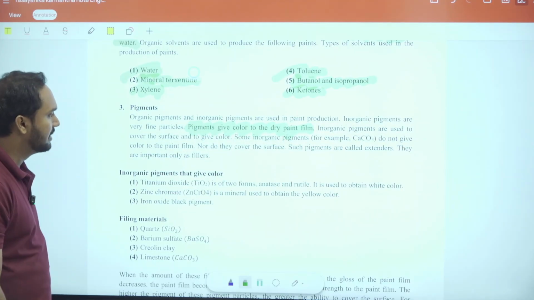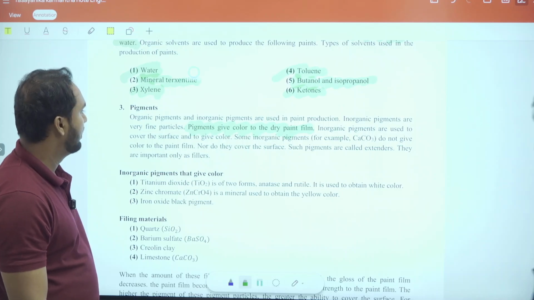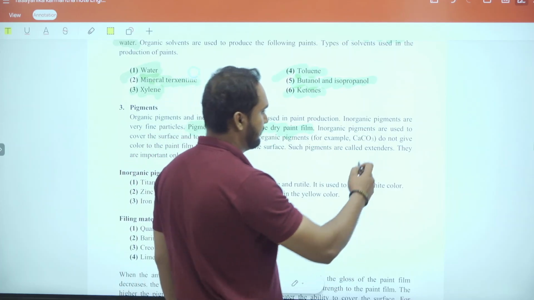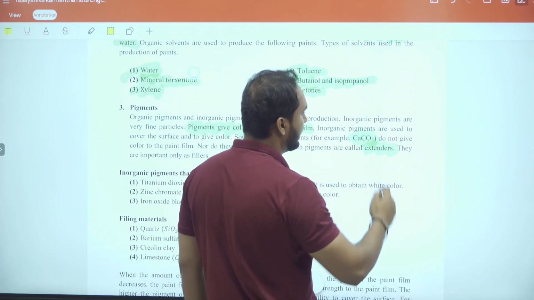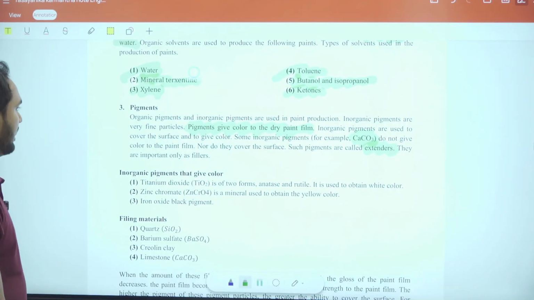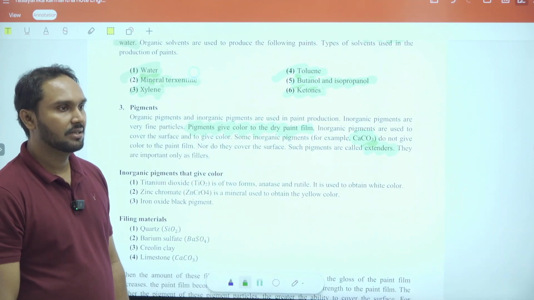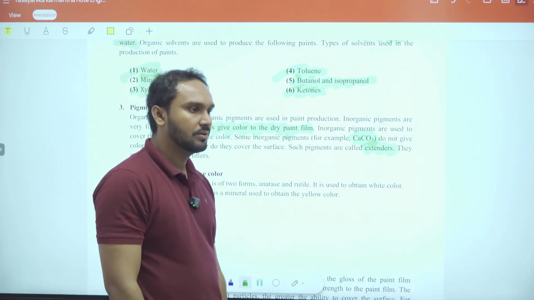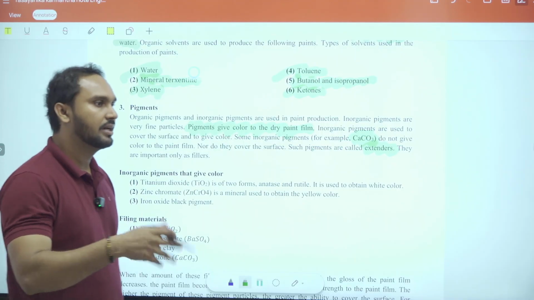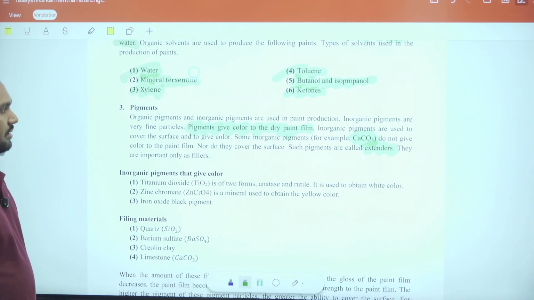Those are usually the fillers. They do not give color to the paint film, nor do they cover the surface. Such pigments are called extenders. Now calcium carbonate is an extender, right? It's one of the extenders. They are important only as fillers, right? Extenders are like the coats, no? The primary coat is an extender. We take the primary coat as an extender, and it is a support for the next coat, right? So there are no pigments. They are usually the